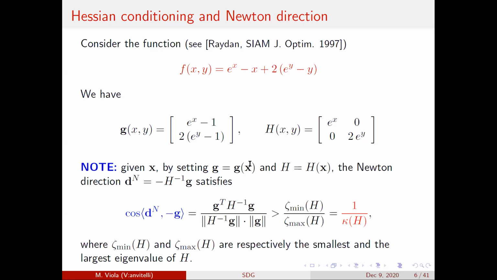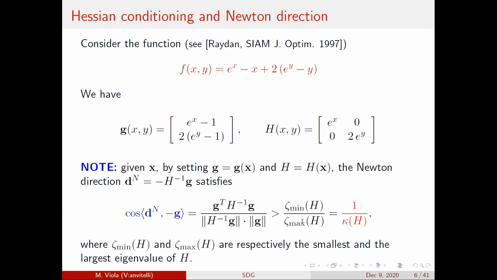In general, if you do some easy computation, you can take the relation on the cosine and prove that this cosine between the Newton direction and the antigradient is bounded from below by the condition number, which means that if you have a good conditioning, then you are sure that the angle will be good. If you have bad conditioning, and for example this lower bound is close to 10 to the power of minus 5, you have no guarantee at all that the direction will be good enough,